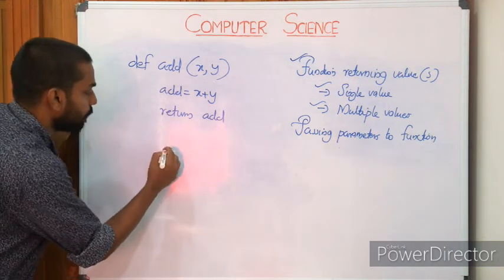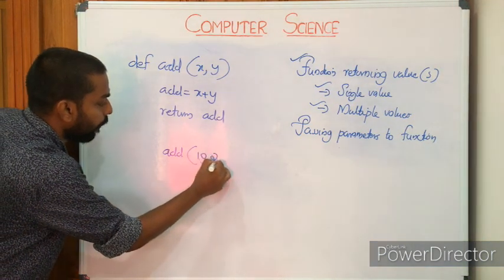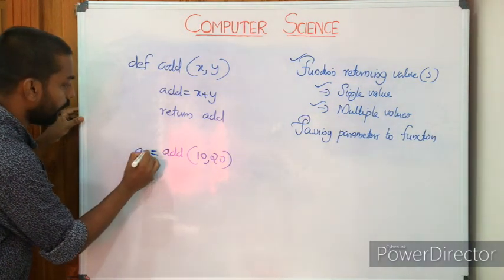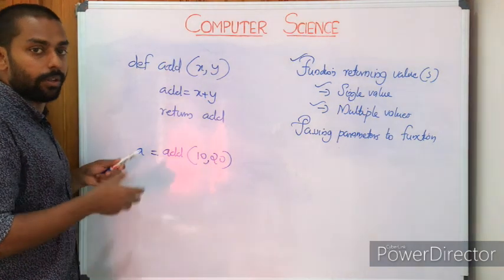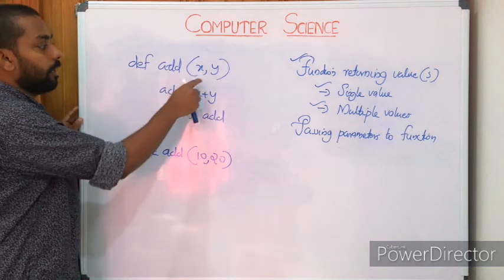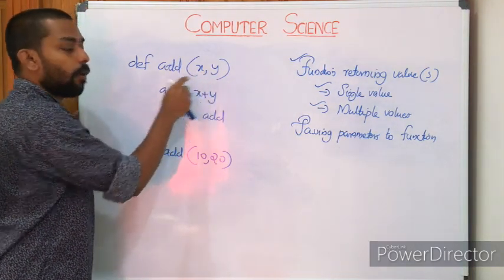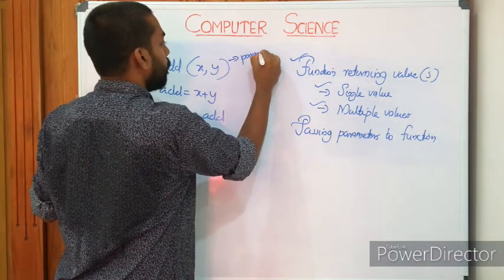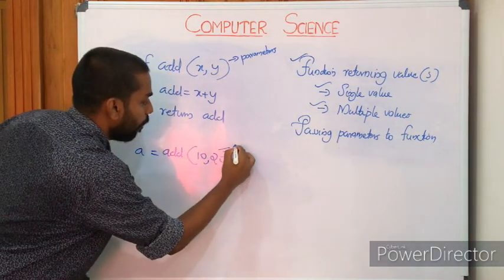So you have to call the function. The calling is add, and at the time you have to pass two values, 10 comma 20, which should be assigned to a variable a. And we are printing this a out for the result. So here we can see two variables, x and y, and these are called parameters, and 10 and 20 are called